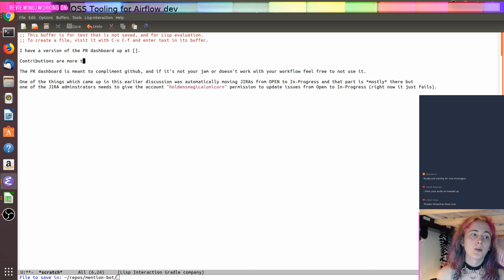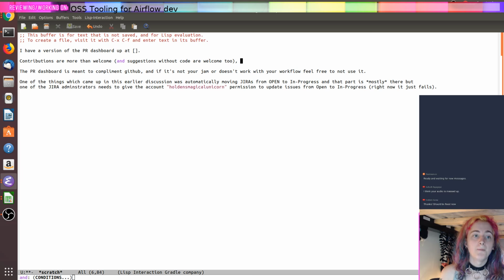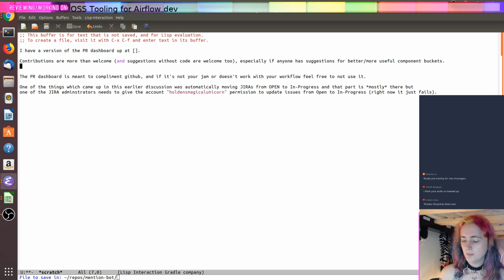Contributions are more than welcome, and suggestions without code are welcome too. Especially if anyone has suggestions for better, more useful component buckets. The code lives at